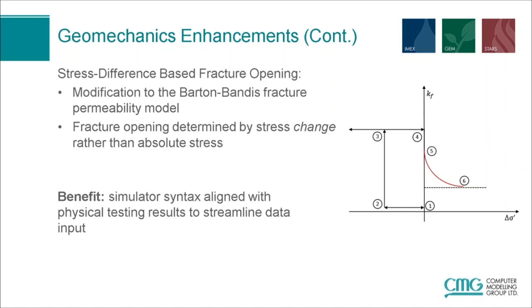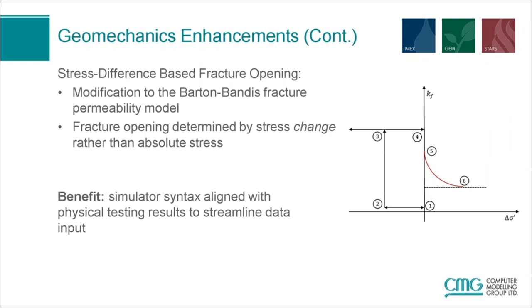And so the change for this year is the fracture opening criteria that the Barton-Bandis model uses can now be defined as a change in minimum effective stress instead of an absolute value. That change is defined as the current value of minimum effective stress in each grid block minus the initial value. And this new option is better aligned with the case where you have an initial stress gradient in your